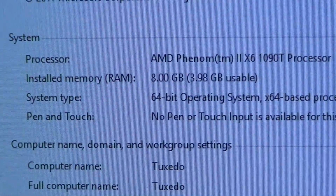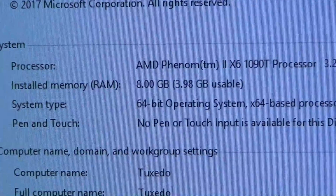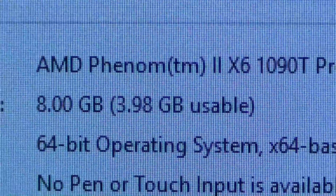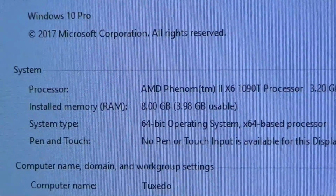First thing I need to do, though, is rule out anything on the computer itself that might help itself to the RAM, like integrated graphics that I'm not using. I don't think sound font memory would do this kind of damage. Look at this, 8 gigs, but only 4 gigs-ish is usable. This isn't 32-bit Windows last I checked, so...